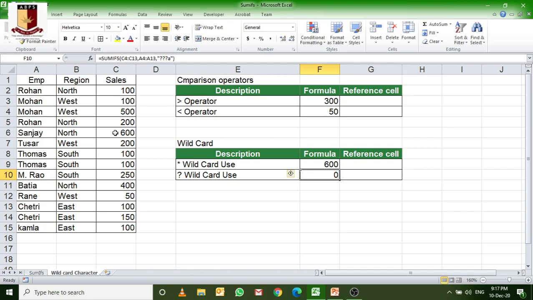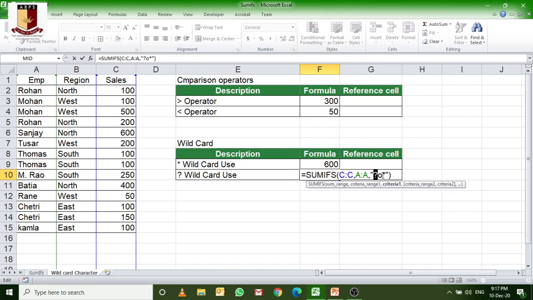We say whatever comes first, the next letter is O, and the star for whatever comes afterward. The first character we don't know, that's why we use the question mark, but we know the second character is O, and afterward whatever comes. Press enter, just check, 900. The meaning of this is R O row, and afterward whatever, same thing M O. R is also included and M is also included.